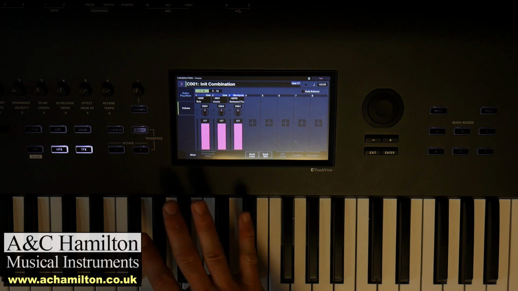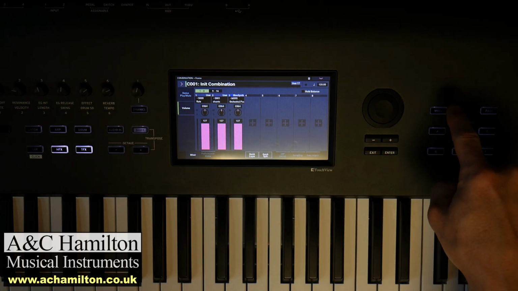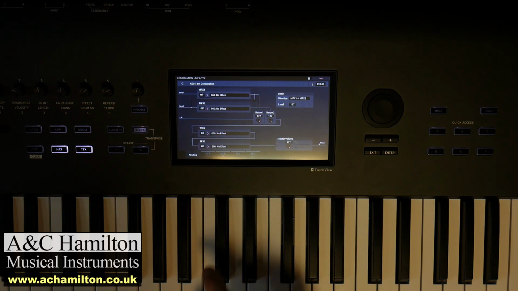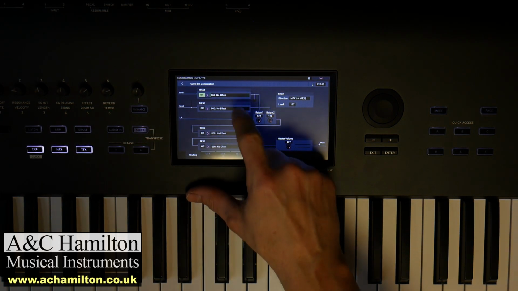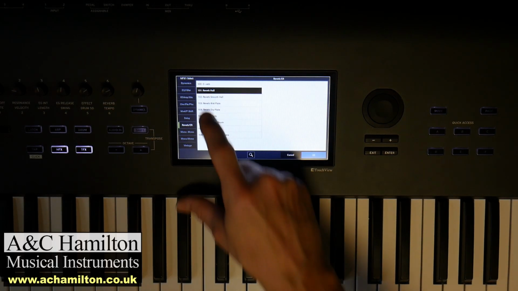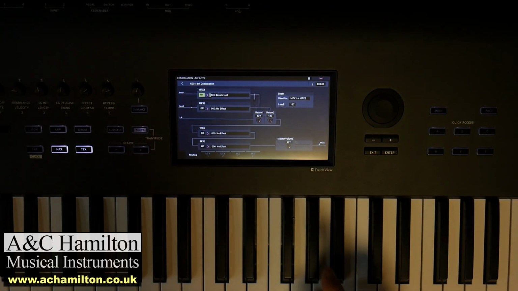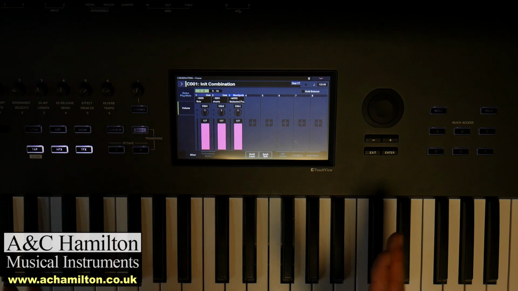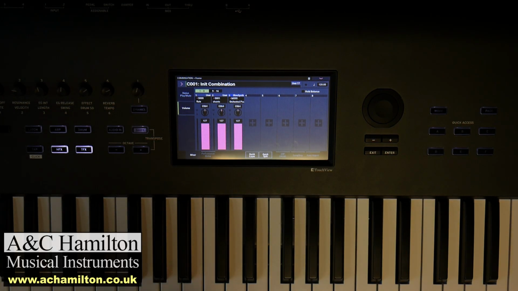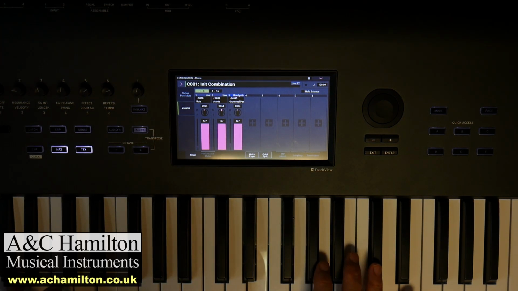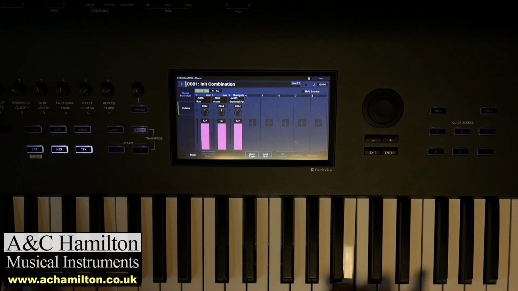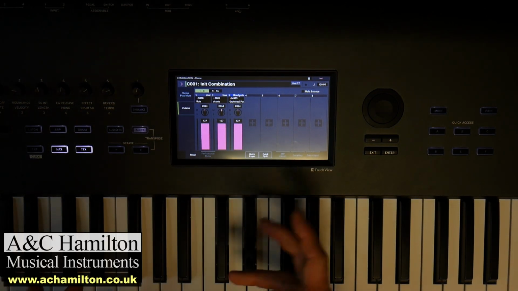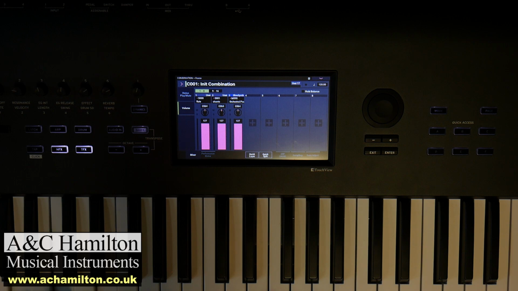So I'm just going to turn a reverb on like we did before. Go to page, go to master effects, turn it on, and quickly choose a reverb. Again, I'm not going into great detail with the effects and things, just to show. So instantly we can hear the reverb's gone on because it is assigned automatically to have the master effects 1 and 2 turned on. So if I play a chord now, so now I've started building our layers. So as you can imagine now, if I play my left hand,